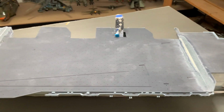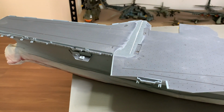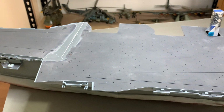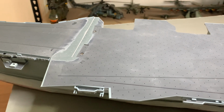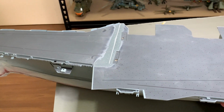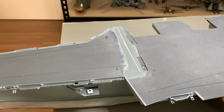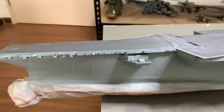Hobby Models. Since my update 2 weeks ago, I have closed up the hangar bay, glued everything and started working on the deck. So you can see that I have already glued the 3 pieces of decks onto the main hull,